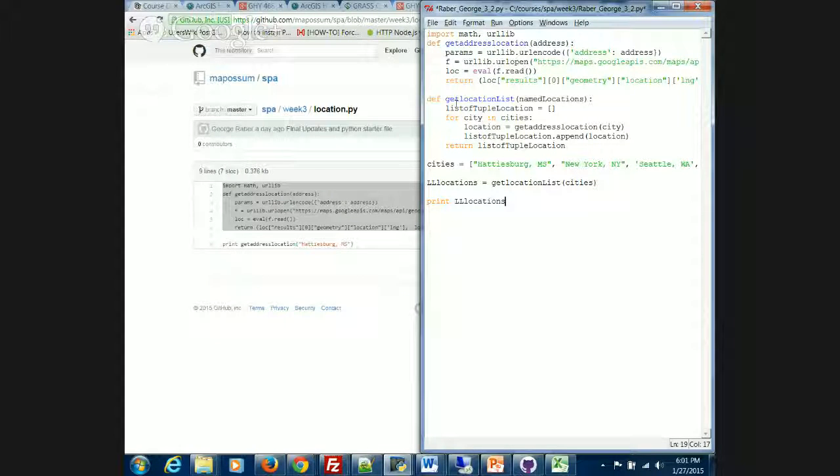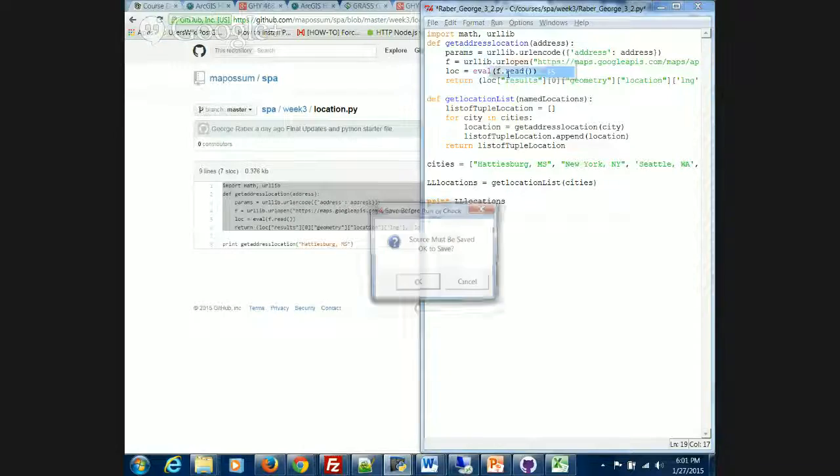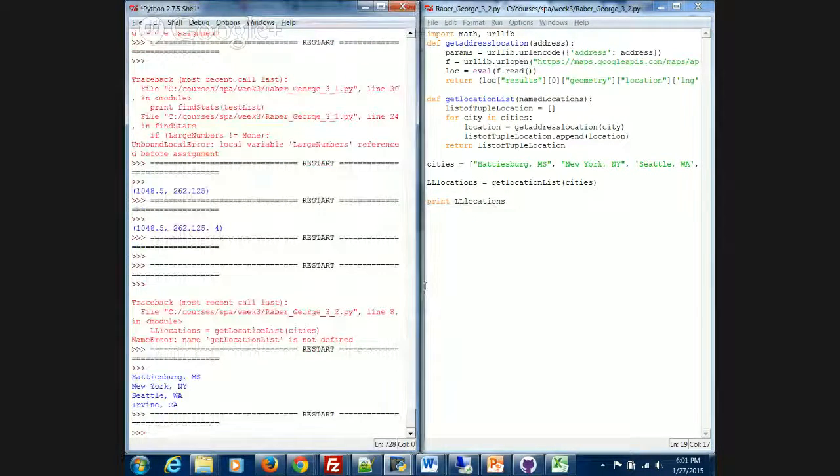Now the code will call this function. In this function, it'll go through each city. It'll take each city and it'll get the address location for that city using this function. Now, by the way, to use the service for free, there's only a certain number of requests per day, but it's in the thousands. So don't worry about running it. But I guess if you did ever spend a whole day in the lab trying to get the code to work, it would be theoretically possible to get to the limit where it would say this IP address called this function too often. Okay. So I'm going to save this, run it, and